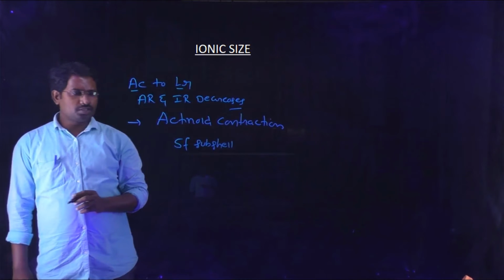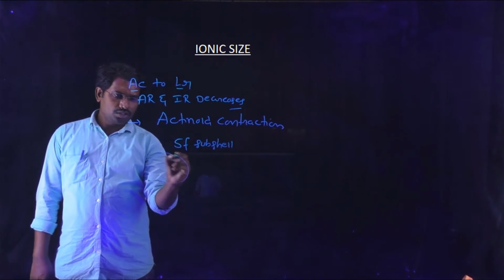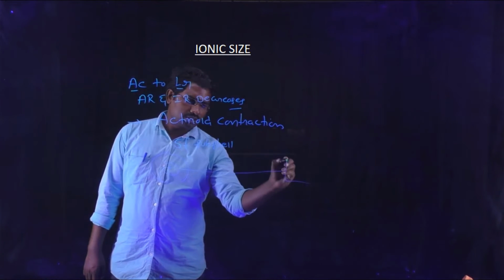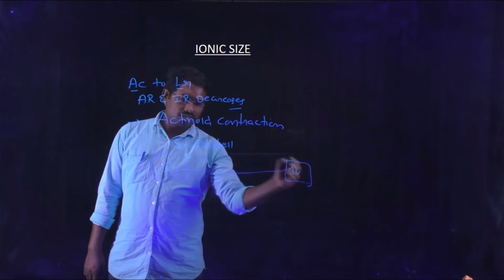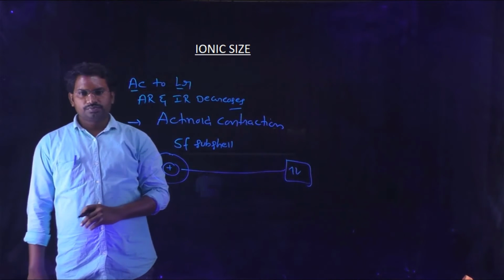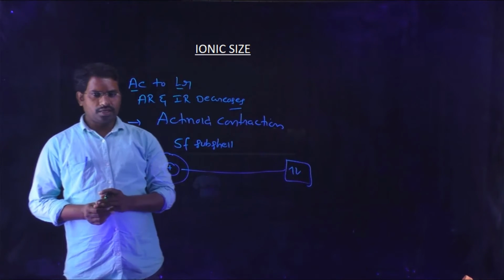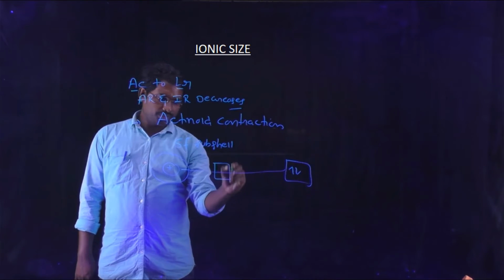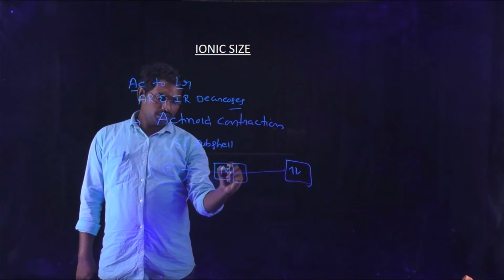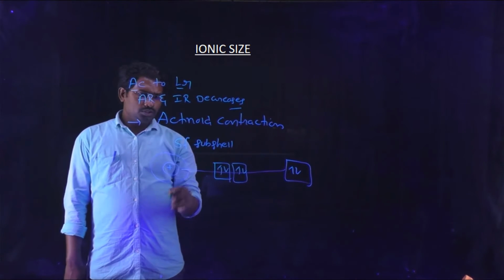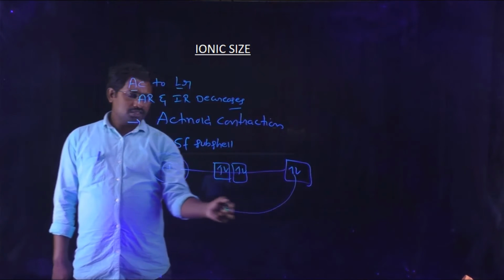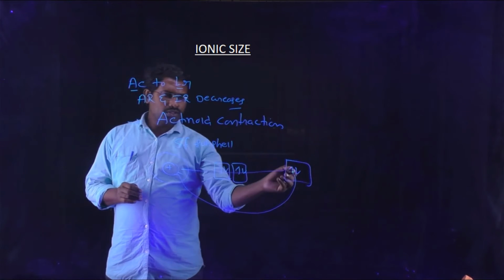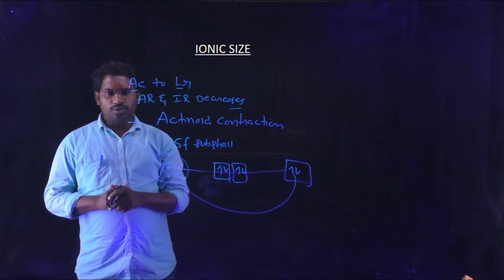Let us remember what is meant by shielding effect. You know that every nucleus has a small, dense positive charge. The distance between the nucleus and the valence shell is known as the atomic radius, and in the ionic form, that is known as the ionic radius. Some inner shells with electrons are also present. The nucleus always attracts the valence electrons present in the outermost orbital, so there is a greater attraction between the valence electrons and the nucleus.